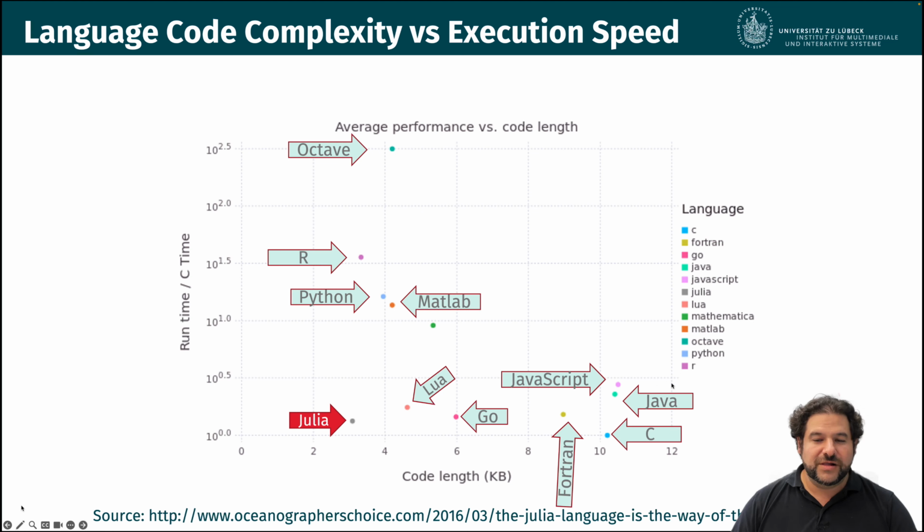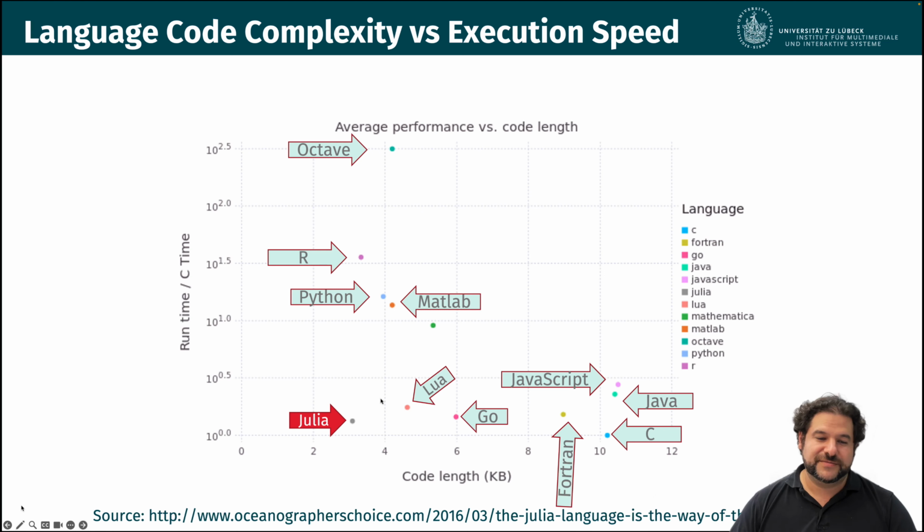They are all a lot larger, the code that you have to write to achieve the same result. Lua seems like also a very interesting option here, but it's not typically used for agent-based modeling. So Julia kind of provides the benefit of being both fast and relatively easy to read and having very small